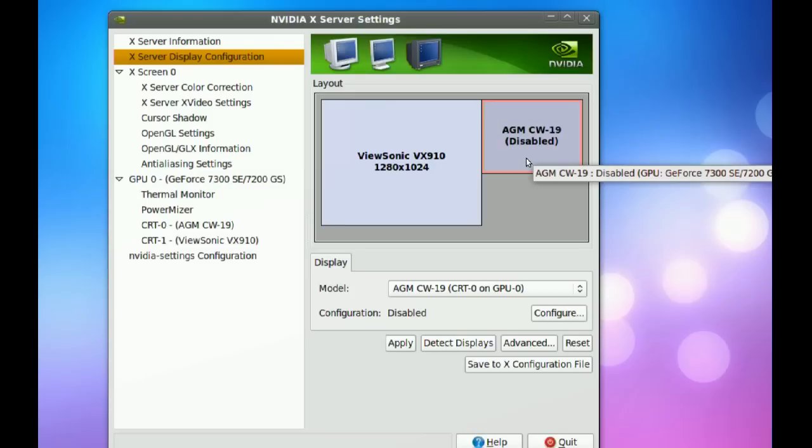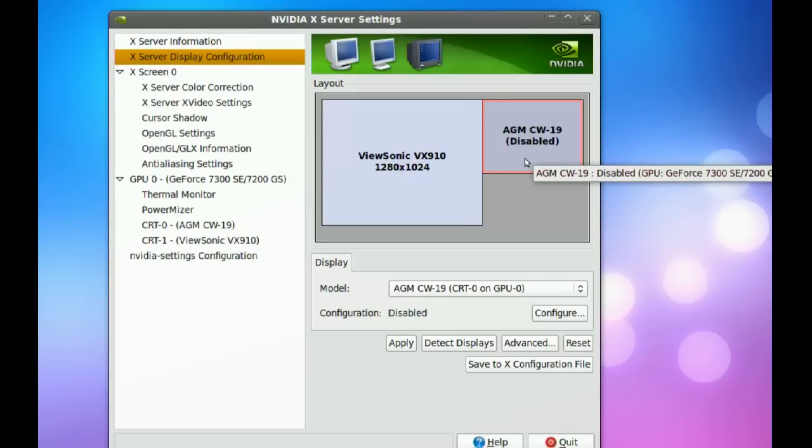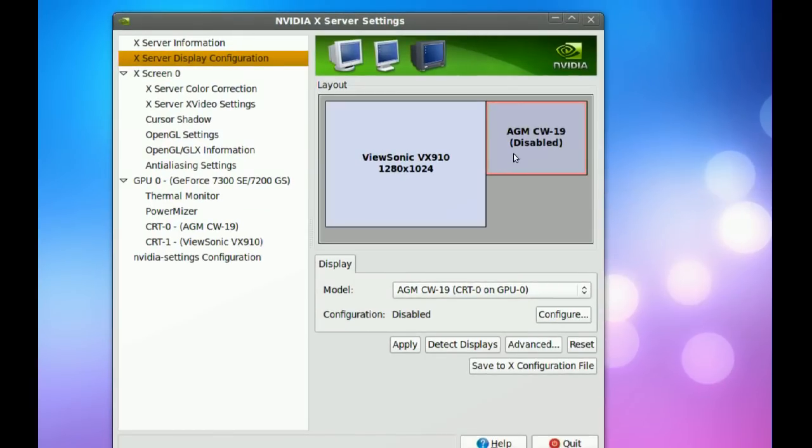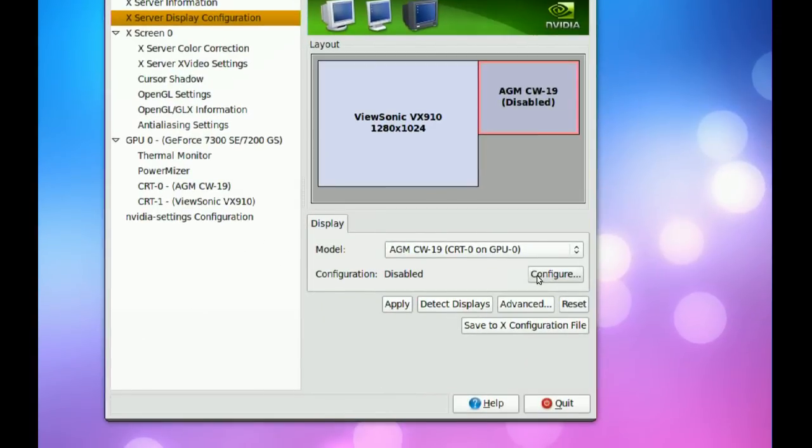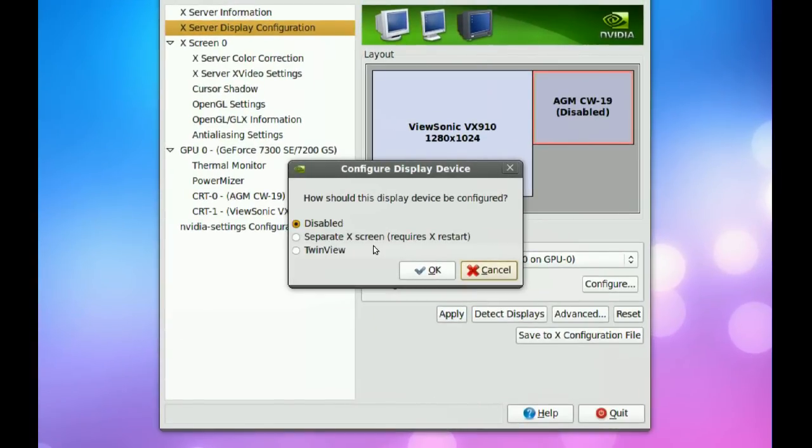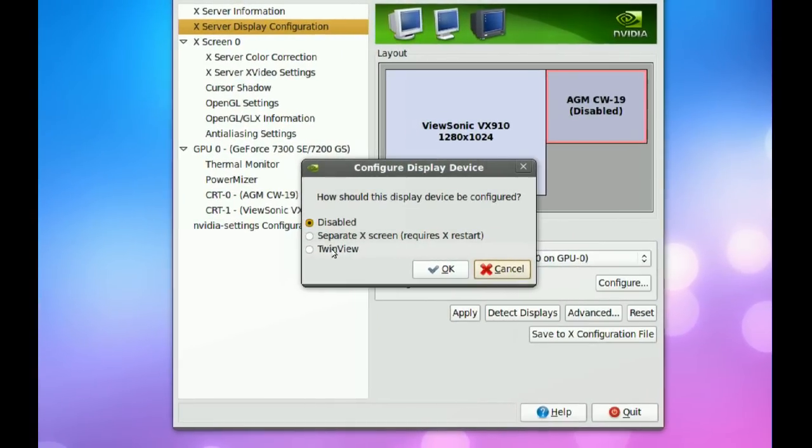Sometimes you don't even have to turn it on for it to be detected, but you want it on if you want to use it. So plug it in, and it should be detected here. And to enable it, you have to select it first. Just click it, and then go to configure, and you want to select twin view,